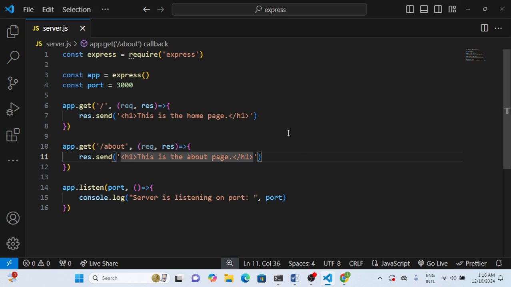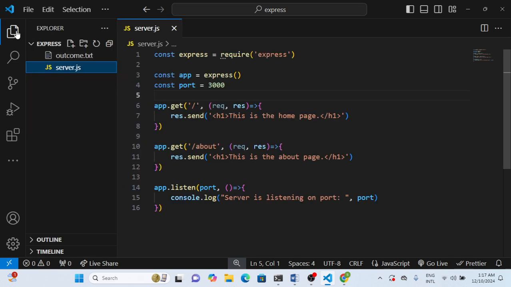Now, let us assume we want to send a static file instead of writing directly each h1 tag. Imagine you have full applications where you want to send the HTML file instead of writing into our response. We can use middleware. For static files, firstly let us create our HTML file, because an HTML file is a